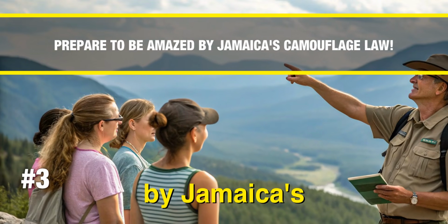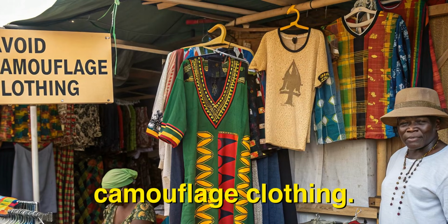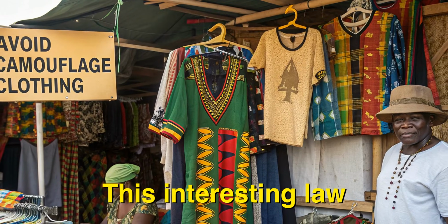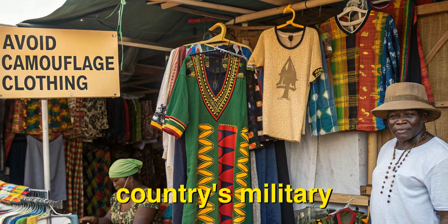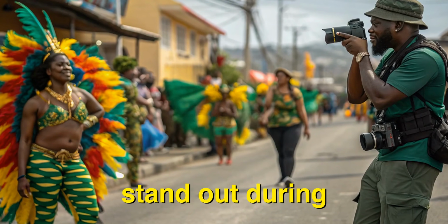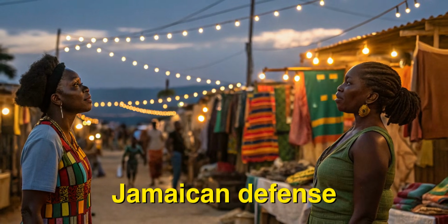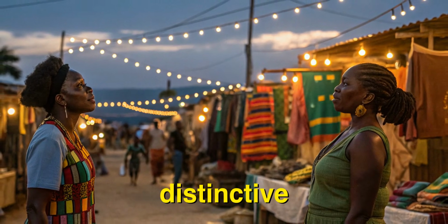Prepare to be amazed by Jamaica's camouflage law. In Jamaica, it is illegal to wear camouflage clothing. This interesting law aims to protect the identity of the country's military personnel, ensuring that real soldiers and their uniforms stand out during operations. The rule is rooted in the history of the Jamaican Defense Force, which uses distinctive camouflage